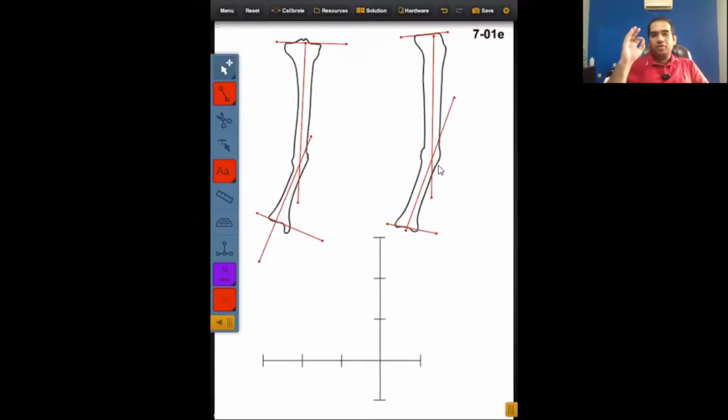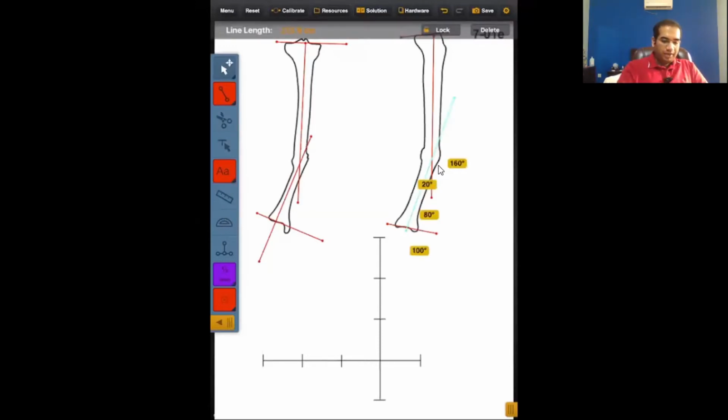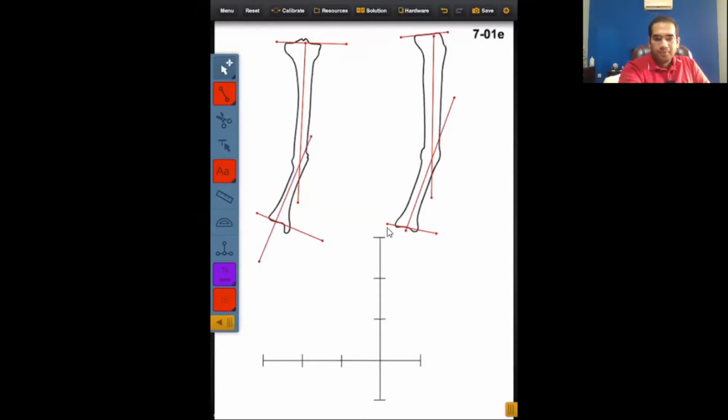Okay, now I have calculated the magnitude of deformity in both the planes, AP and lateral X-ray, and this has given me the exact magnitude of the deformity in both the axes. It is 20 degrees in AP and 20 degrees in the lateral view. Now this is a graph, and as you can see, this will be the medial end, this will be the anterior end of this graph. This side will represent the medial side, and this will represent the anterior side.